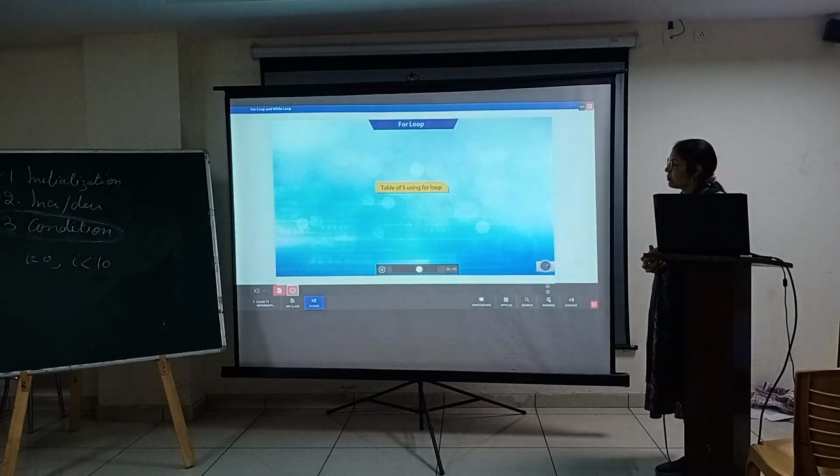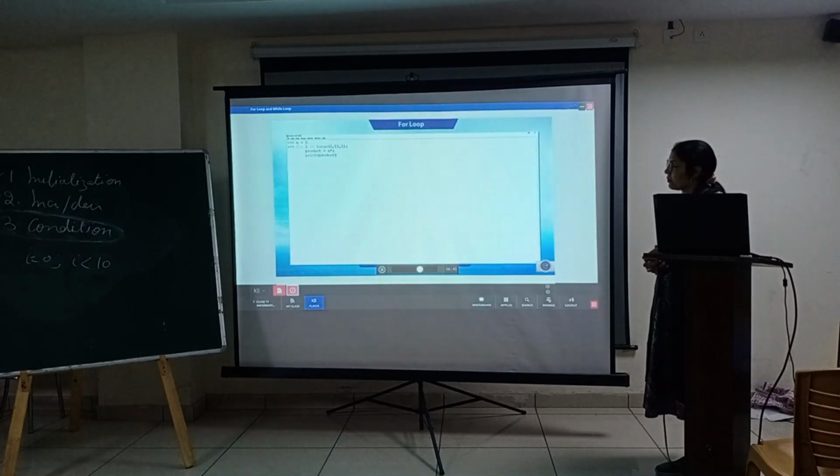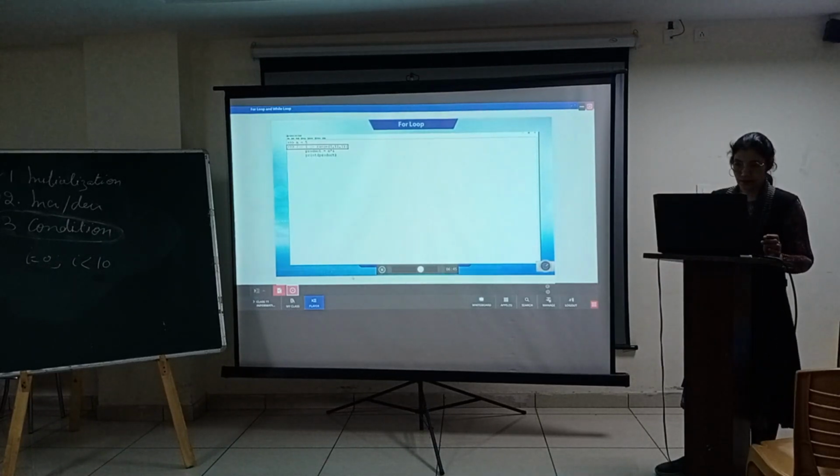Let us consider one more example of printing multiples of 5 till 50 using a for loop. Here we have defined the condition using the range function, which begins from 1 and goes on till 1 less than 11. That is,